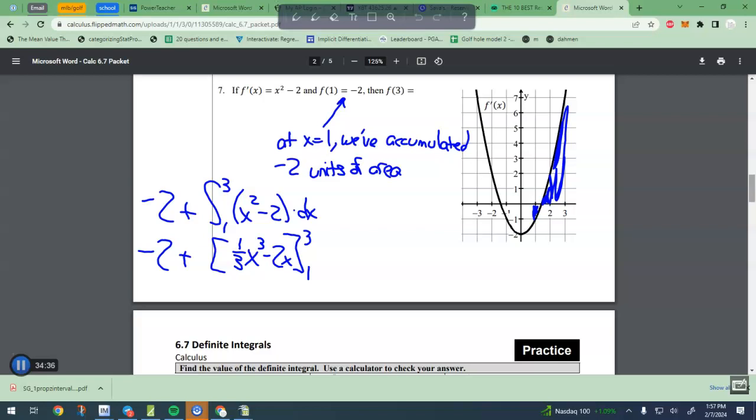This is a definite integral. So there's no C. That's like the one we just did. Like on number 1,